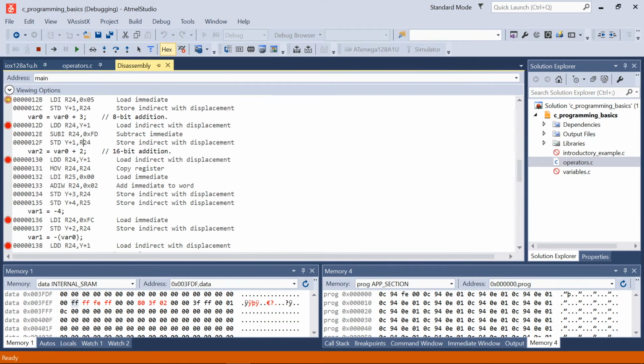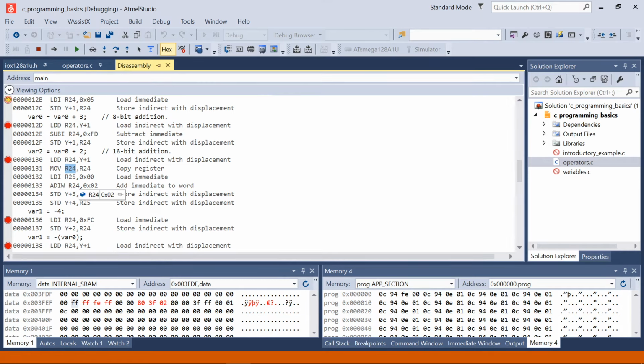Now var2, we actually now get to. var2 is a 16-bit unsigned variable, so we defined it to be as. And now we're taking an 8-bit value within var0, adding 2 to it. So how does our compiler generate code for this? Well, it loads var0, then it moves, for some reason, which is kind of a nonsensical instruction, just an artifact of the no optimization that we have. It moves R24 into R24, which I don't believe there's any reason for,